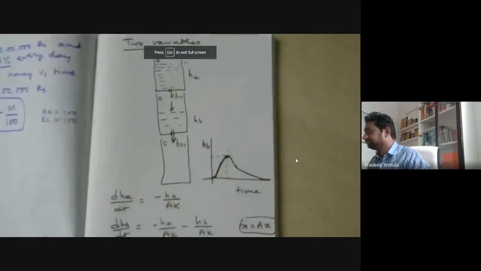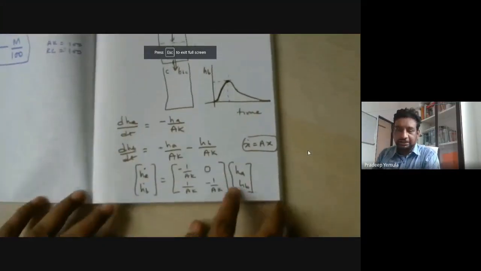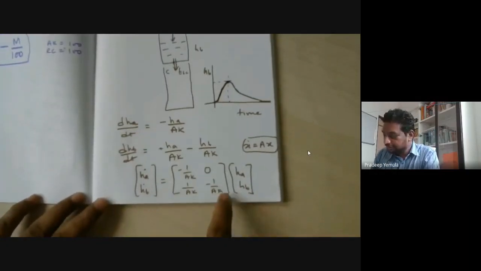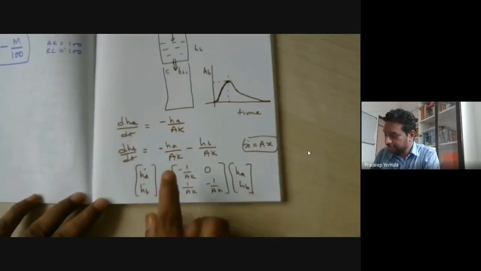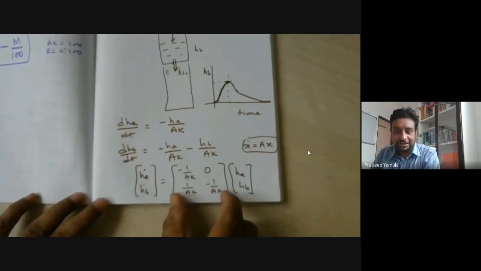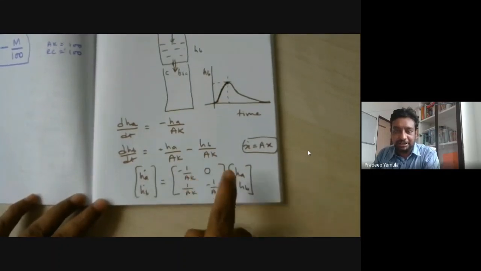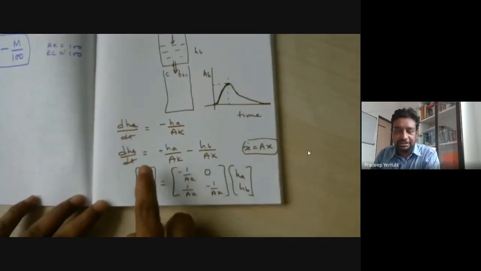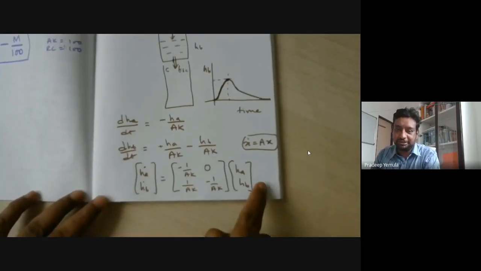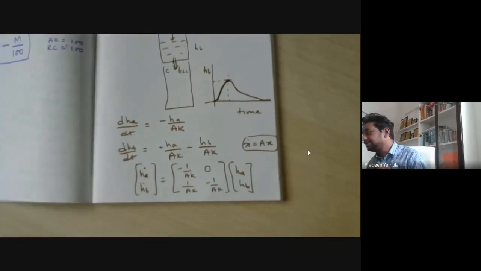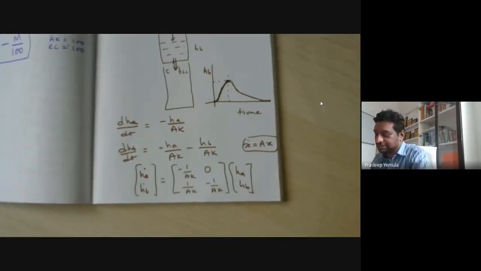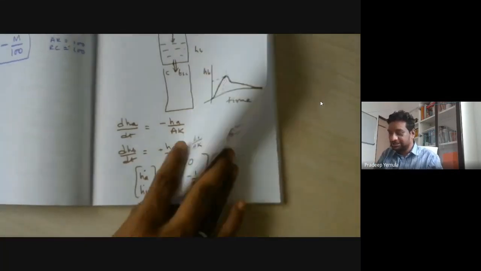Yeah. So here I have written this kind of equation, right? So now this equation we need to calculate. So how to calculate? In order to calculate HA/HB, I have a constant matrix. That matrix is multiplying with HA/HB. Then I'm getting HA dot HB dot, and then these things again I can add back to HA/HB. So there are several ways of solving this. You can use different kinds of solvers, etc. But I will show simple Excel format.